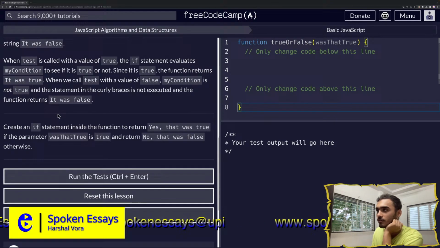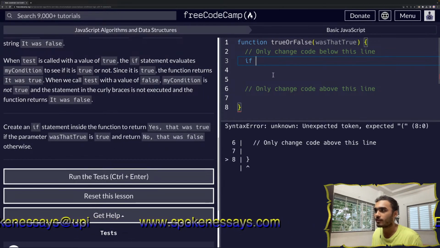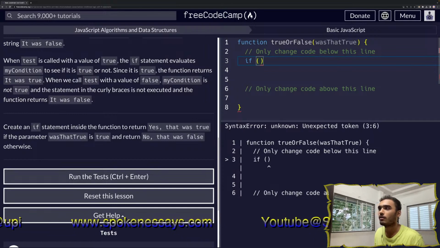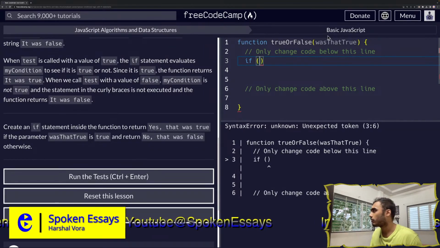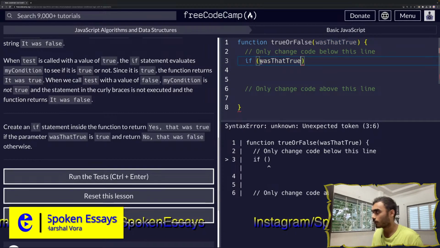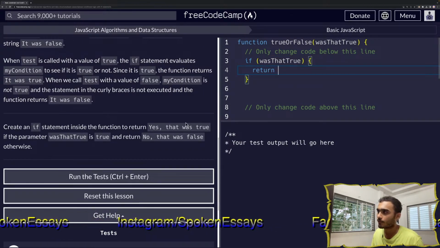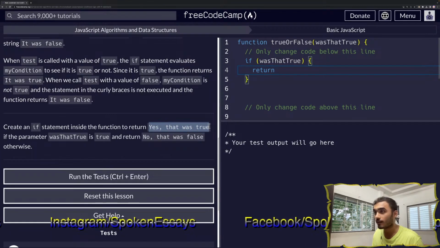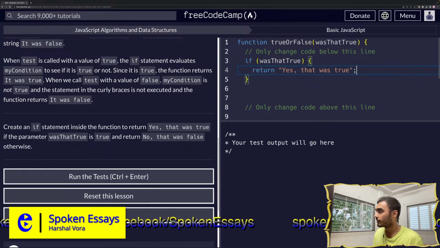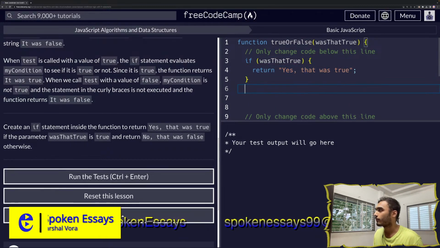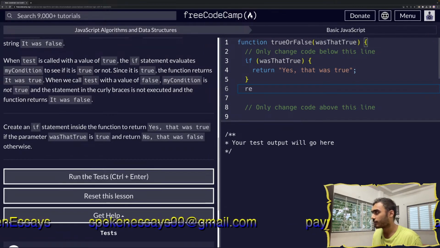Create an if statement. Okay, so this is what we are supposed to do for this. So create an if statement. Pretty cool. Yeah, in that if statement we'll first put whatever was that true thing. So I'll copy this here. That's the condition, or the argument, I would say. Inside the curly bracket I would write return what? This. Yes, that was true. Now that looks like a string, so I'll put double quotes, and I'll paste it. Okay, so that is for the true value, and for the false value we'll simply ask it to return